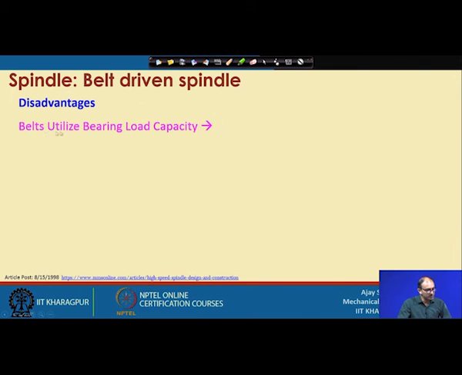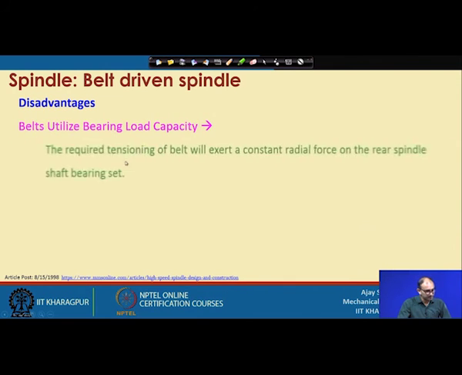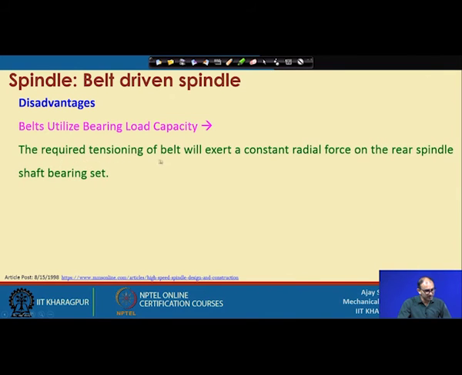The belt utilizes bearing load capacity, because the required tensioning of the belt will exert a constant radial force on the rear spindle shaft bearing set. Now, what does it mean?